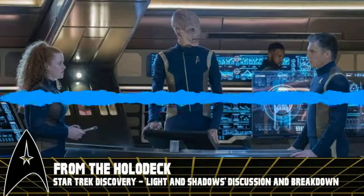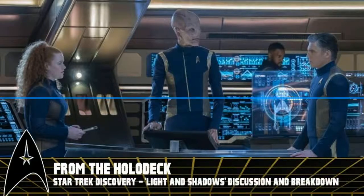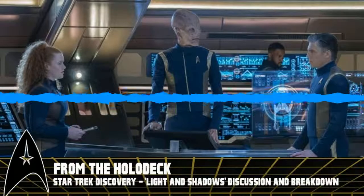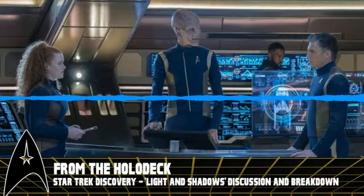But now we have this added extra layer to Arium, where it's kind of like, okay, is she a villain at this point, or is she going to kind of help us along? Is there something going on? And this is very fluid. This is a very fluid way to develop a character,